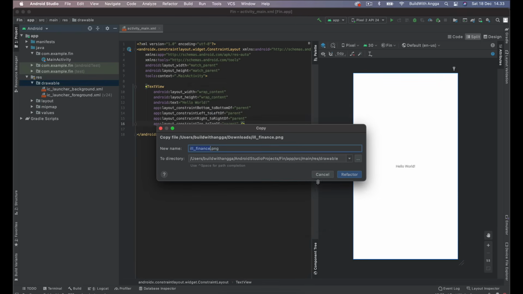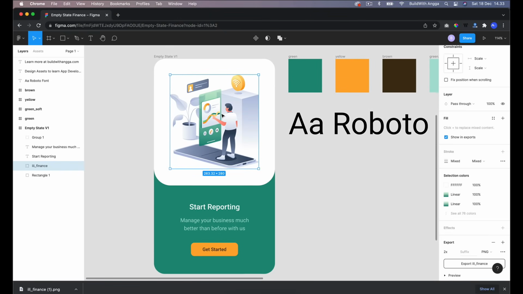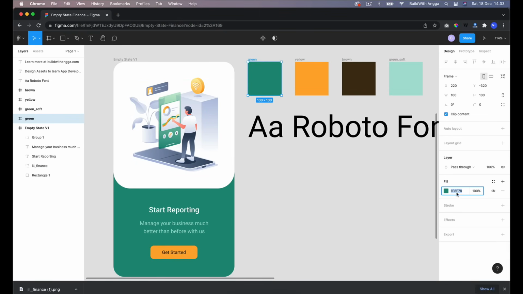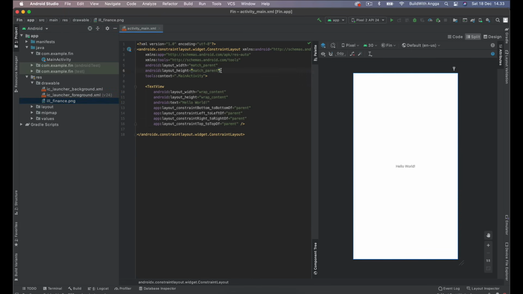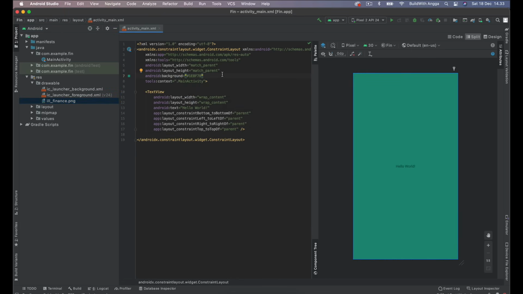Then just click okay, click refactor, and it is done. So first things first, I want to change this background color to this green, copy the hex code and put it right here in background.